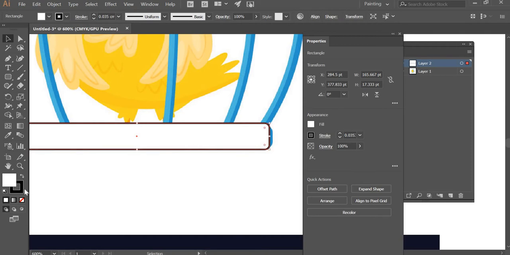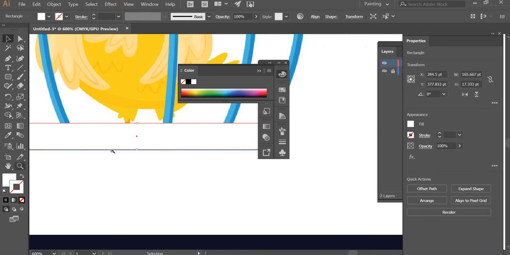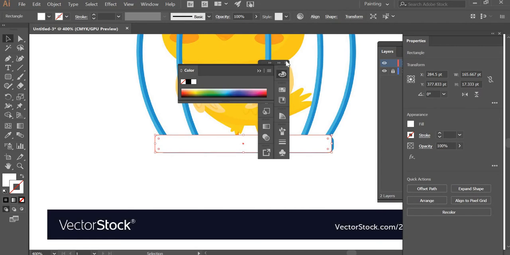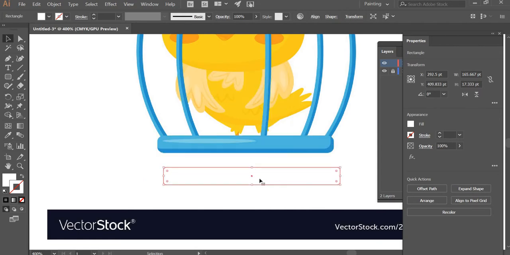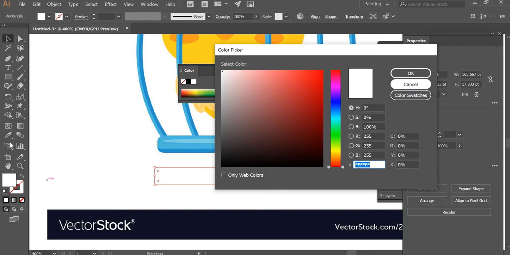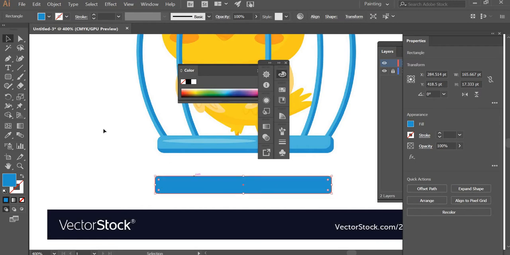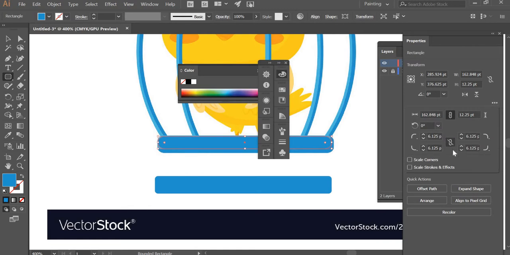Okay, we don't want any strokes, so we will remove that. Don't need any of these. Okay, so we'll keep that aside. Now you can even use the eyedropper and select the color from the artwork. Okay, now we need this one, so we can create another one. Okay, and then you can see that you can unlink this and you can control the